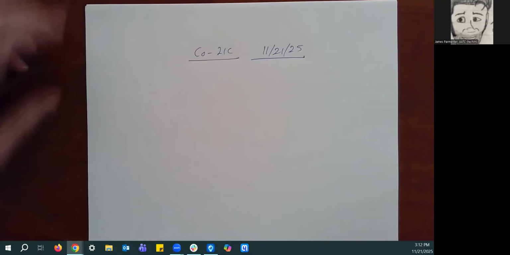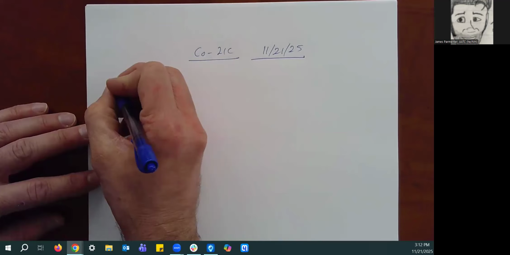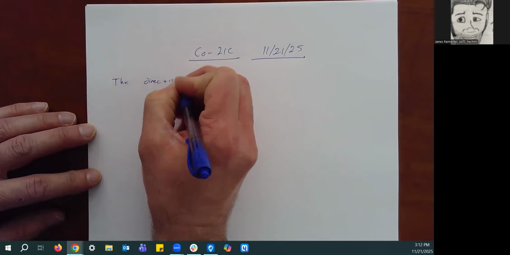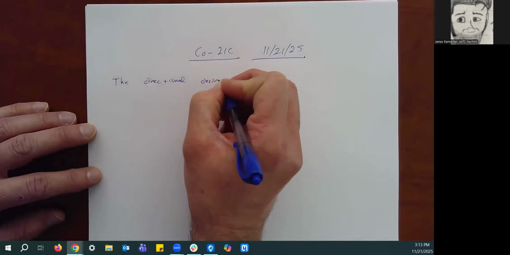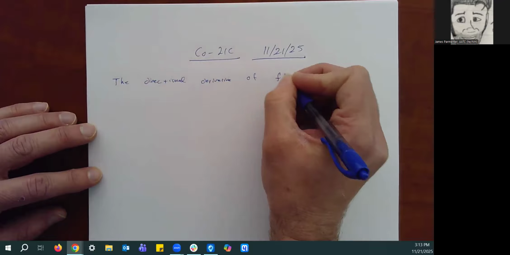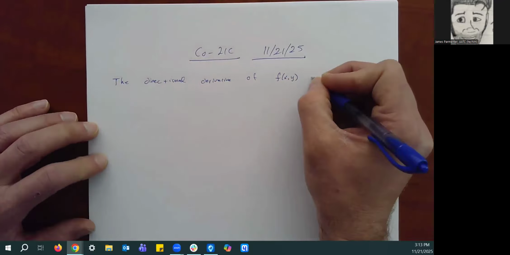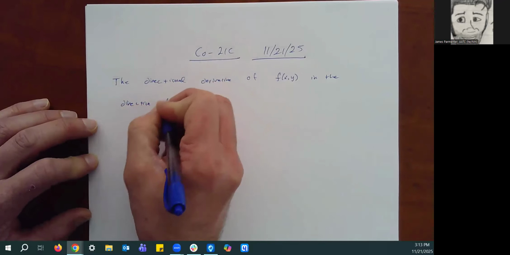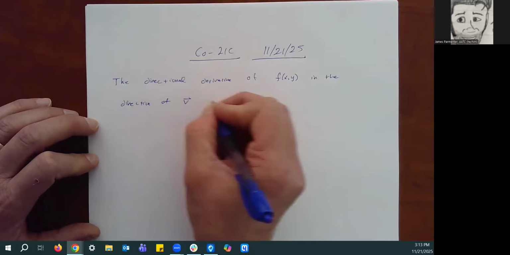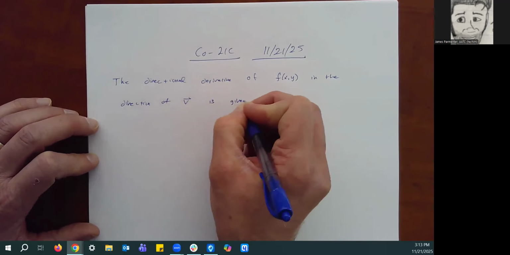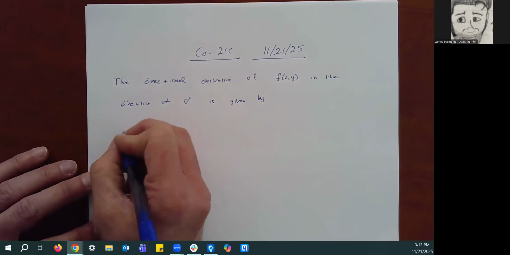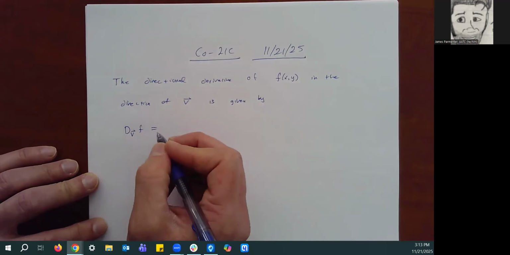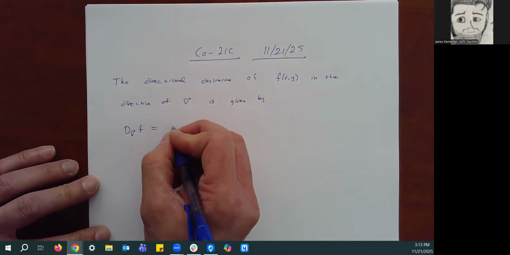Just as a quick reminder, the directional derivative of some function of x and y in the direction of a generic vector v is given by, I'm going to write it like this, D_v f, and it's equal to the gradient of f evaluated